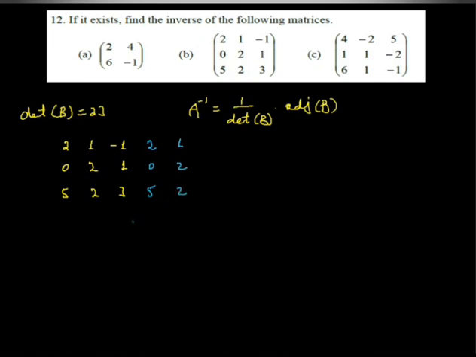Okay, then next, we repeat the first row and second row. First row is 2 1 minus 1 2 1, okay, second row is 0 2 1 0 2. Okay, now what have we done? We repeated the first column and second column,